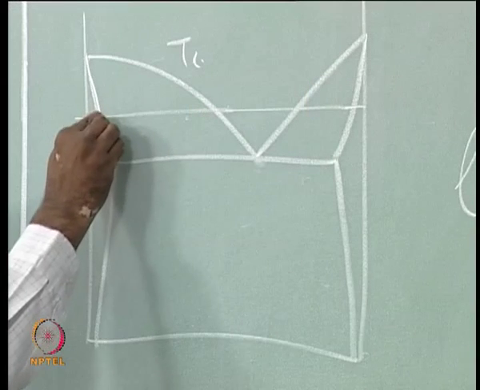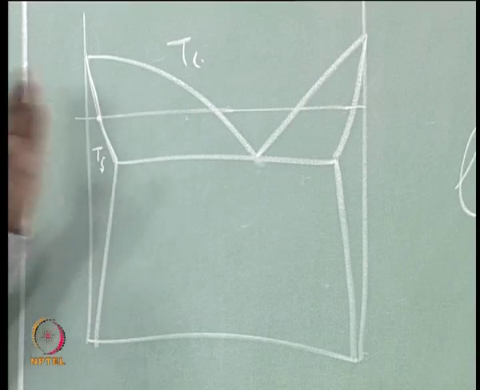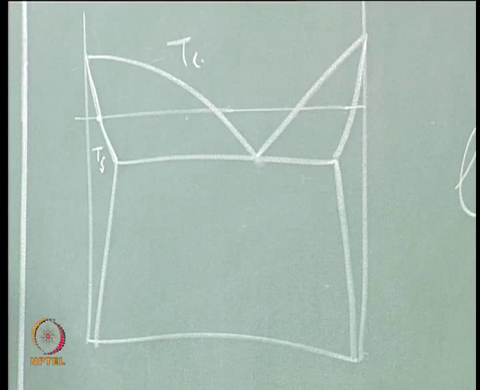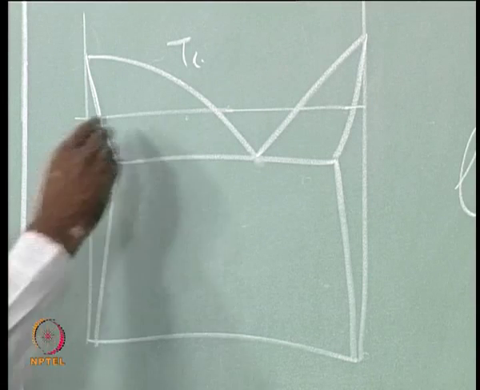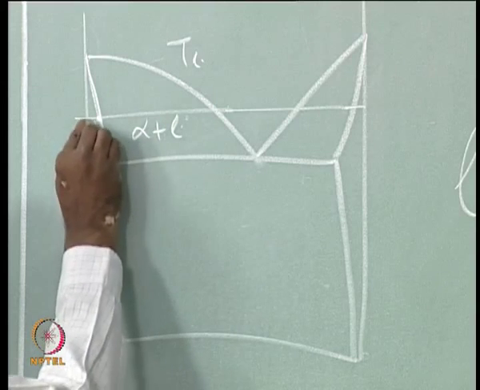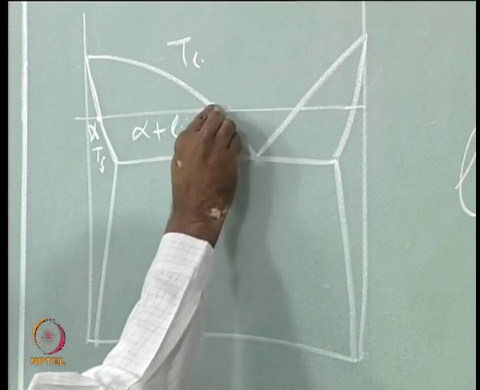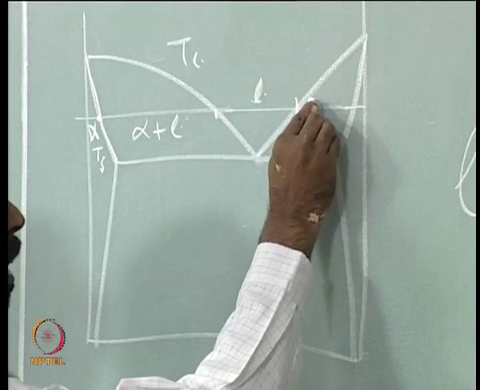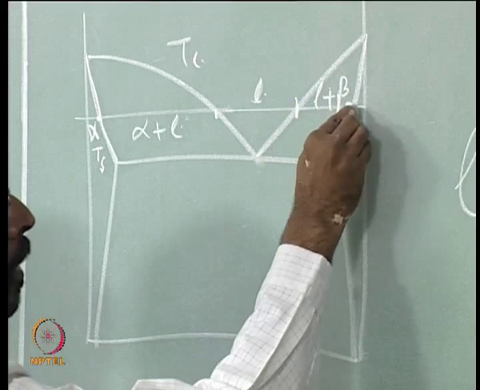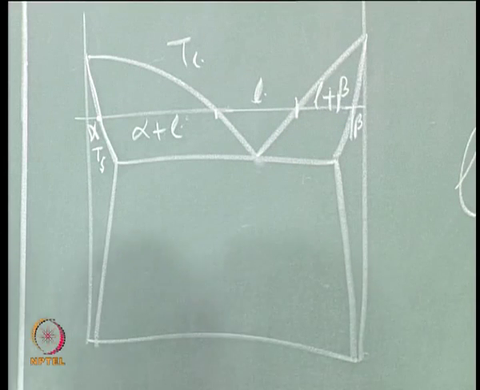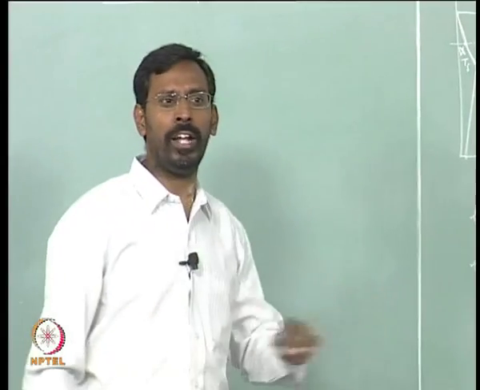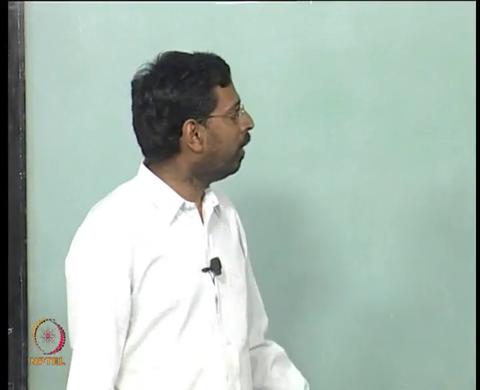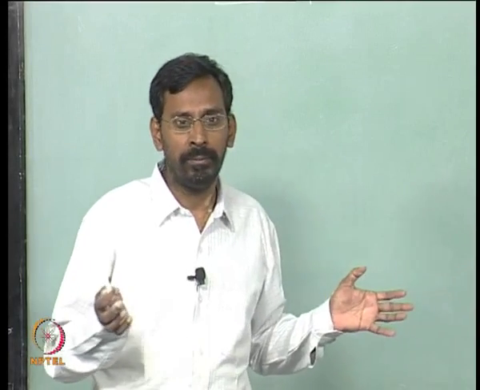For example, this one tells me that to the left of that I have single phase alpha, is not it? Between these two I have alpha plus liquid, this is alpha, alpha plus liquid, and between these two what do I have? I have a liquid. And I have here liquid plus beta, and I have here beta, am I right? This is known to all of you, fine. So, if that is the case, then when I am drawing the free energy composition diagram as schematic one, liquid should come somewhere in the middle, am I right? Alpha should be on one side, beta should be on the other side.